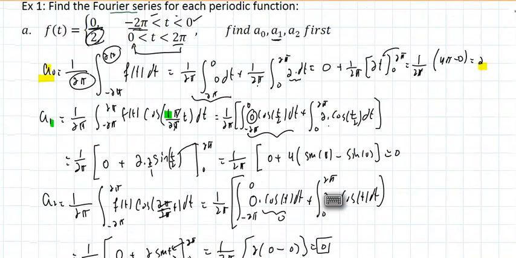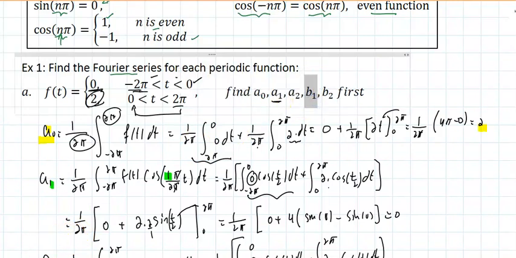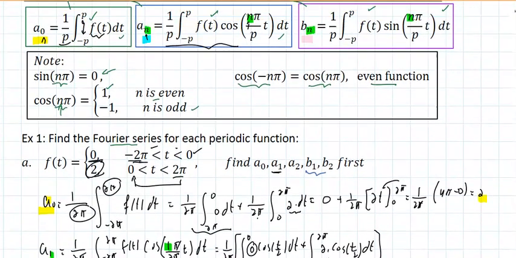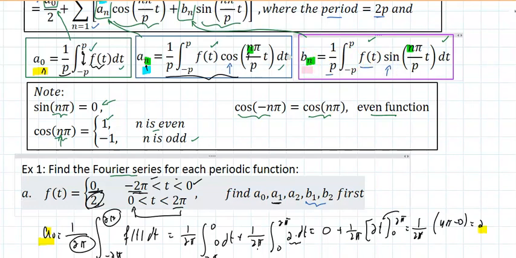Now, for the first problem, I'm going to find those three. And I'm adding those two. Again, I didn't anticipate those to be 0, so let's find those as well. Well, what's going to differ? You notice those two integrals are almost the same thing. This is the same limit on the integral, 1 over p f of t, but instead of a cosine, it's a sine. So if I want to find b sub 1,